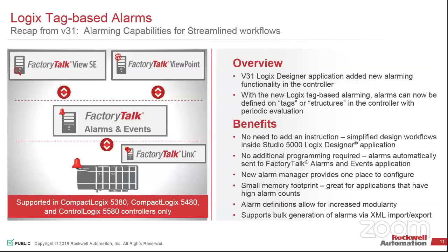Quick review of logic-based alarms. This was introduced in version 31. As you can see from the diagram and the overview here, in the past you used the ALMA block and the ALMT block to do alarms. You had to put that in your code. Those blocks were quite heavy and took up a lot of memory. They could do anything you could dream of, but the logic-based alarms take some of that same functionality